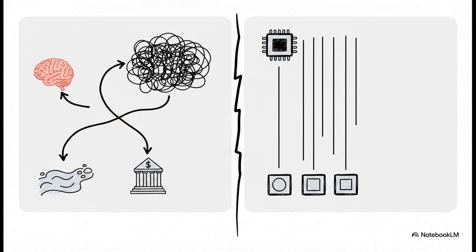I mean, our language is just filled with ambiguity. The word bank could be a riverbank or a place you put money. It all depends on the other words around it. But for a computer, there's no room for maybe. It's all got to be perfectly precise. And that is the fundamental challenge we have to solve.